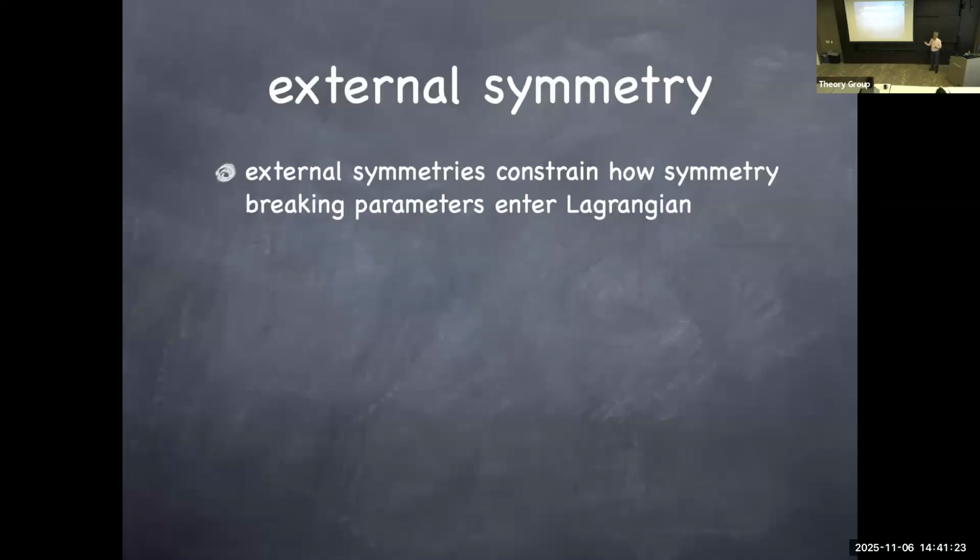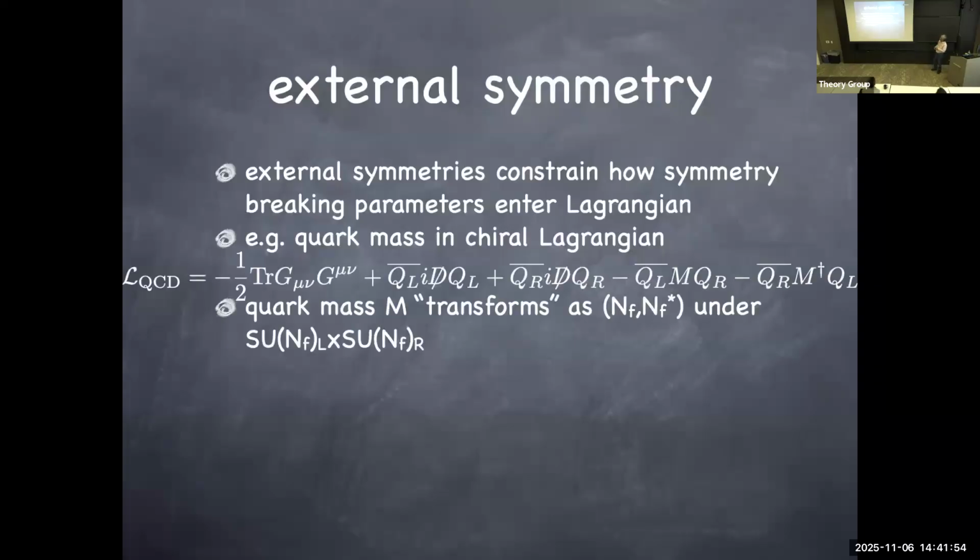And this idea of trying to see how symmetry breaking would impact IR physics is, of course, a known exercise, which we do in the chiral Lagrangian itself. You are breaking chiral symmetry by quark mass, and you try to read off how quark mass would impact the physics of pions. So we are relying on some external symmetries outside the strong dynamics. And as long as those external symmetries determine how symmetry breaking appears in the IR theory, that's something we would like to know. So I already mentioned quark mass in the chiral Lagrangian is an example of this.